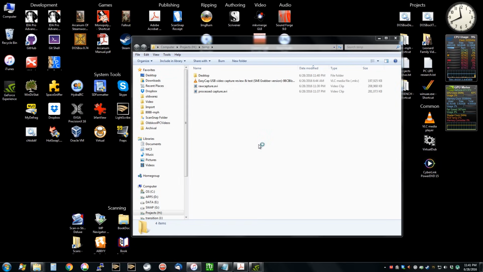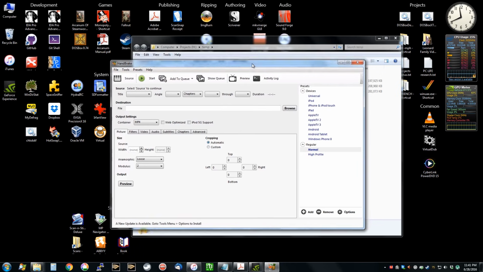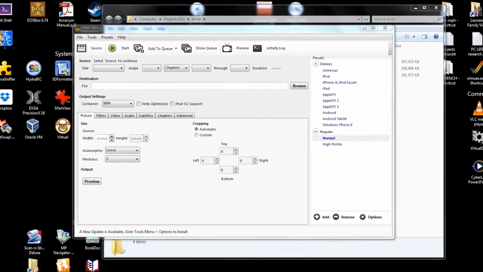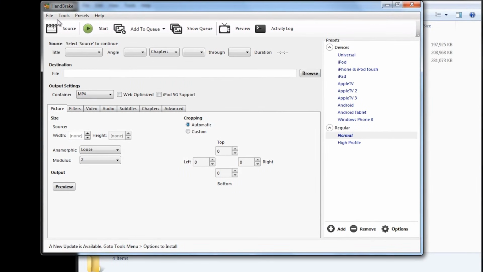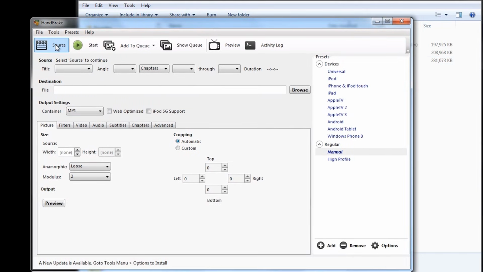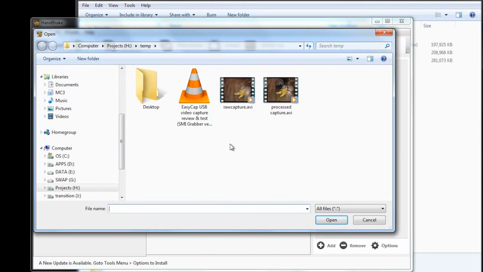Handbrake is a free video encoding tool. It is mostly used for converting movies, but there's nothing wrong with us using it for our own purposes. Let's remove some distractions here. And it couldn't be easier to use. We have our processed video capture here. All we have to do is hit the source button or file source, open a file, pick our processed capture,